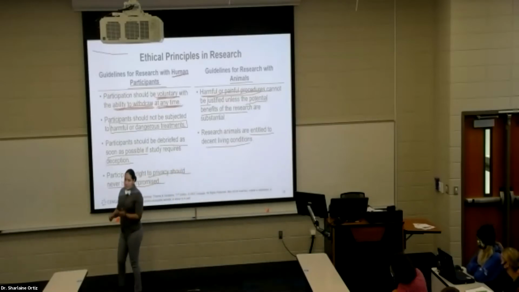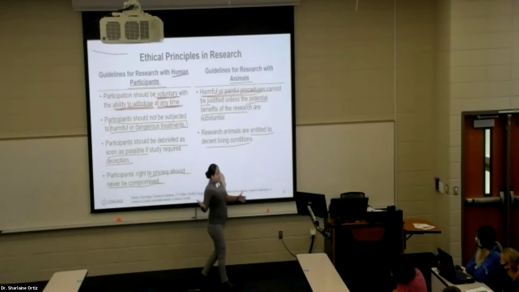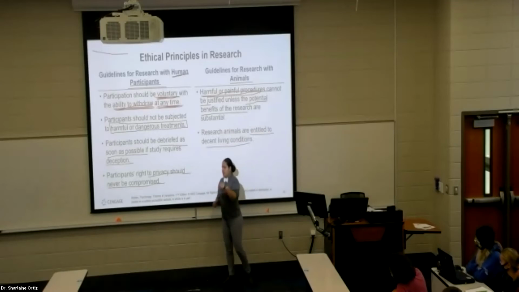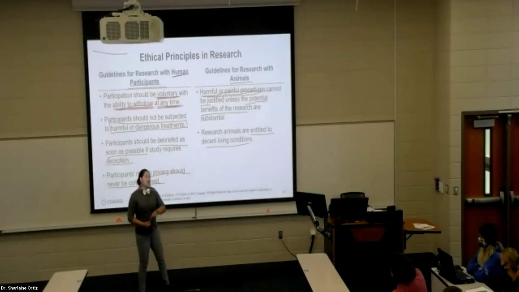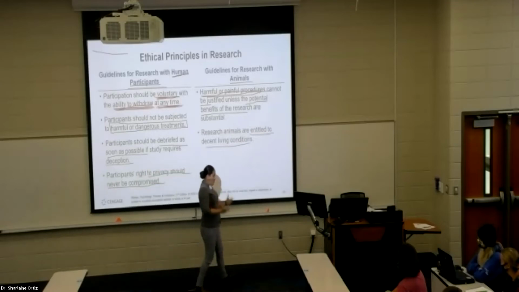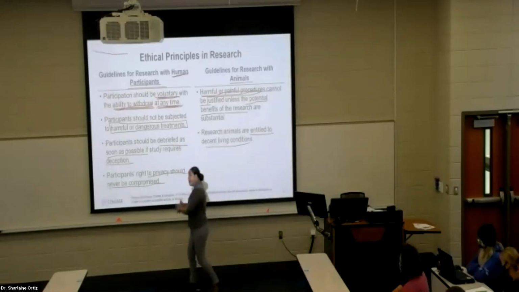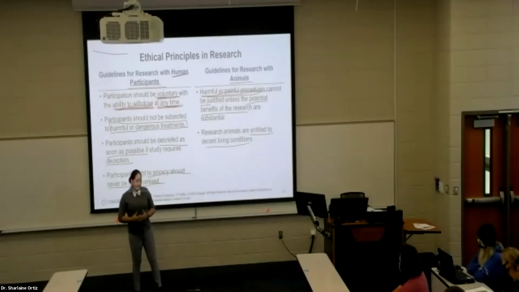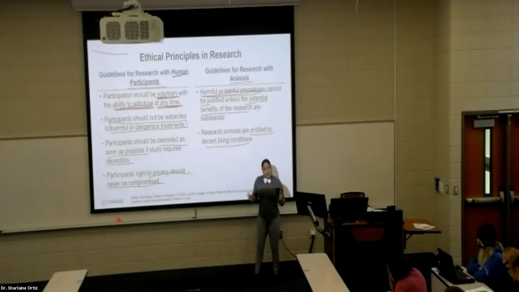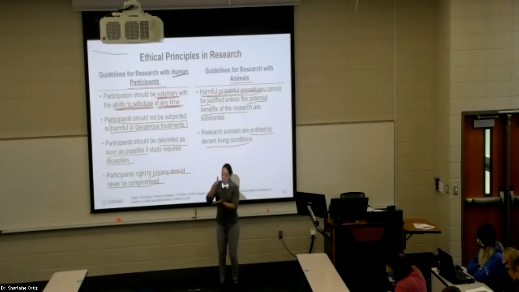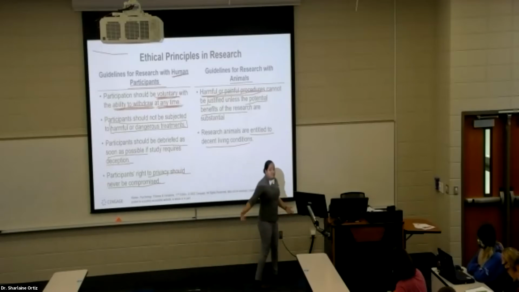We have chimpanzees in our research lab, and we're trying to study the behavior of chimpanzees and translate that into human behavior, for example. This chimpanzee would have to be exposed to entertainment, be able to socialize, have food and water available to them, have a trainer, a person who is trained in order to provide those sorts of things to the animal, and a clean environment. So notice that the ethical guidelines for animals don't only apply when we are conducting the research, but they also apply before, during, and after the research.